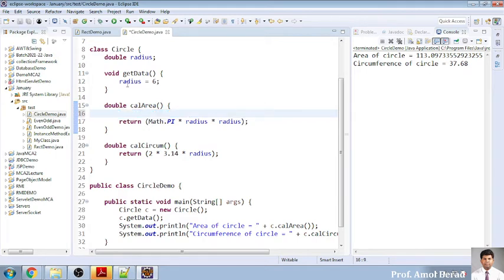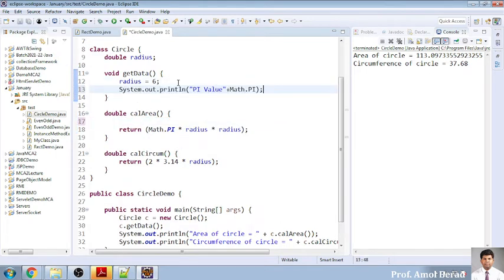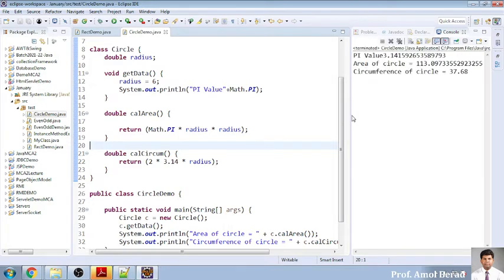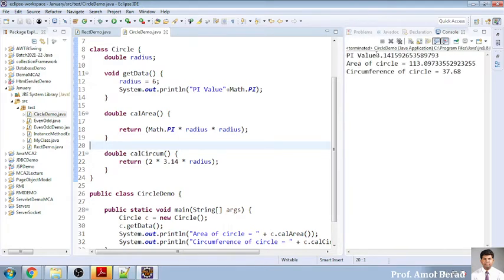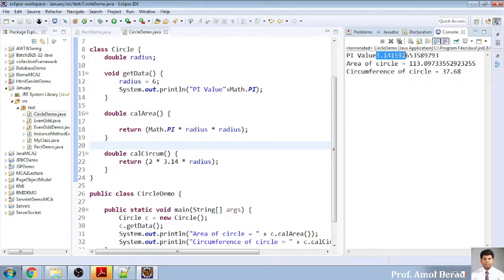I will display pi after the radius. Okay, no problem, you can use it on the car also, no problem in this. I am running this and you will get a value of pi now. See this, it is 3.14159265, all the pure value of what is exactly the pi. It is not only considering 3.15 but it is considering all the precise value of the pi.